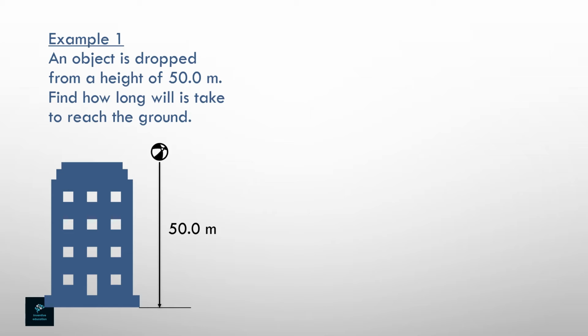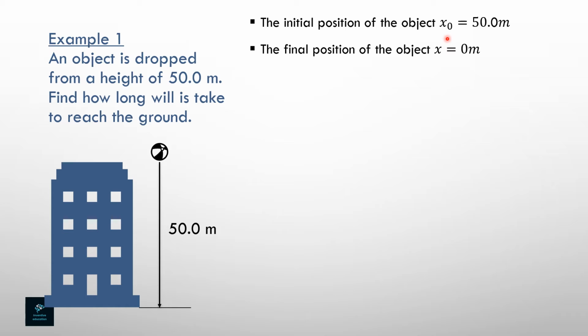Now let us take a few examples. In this example, an object is dropped from a height of 50 meters. We are required to find how long it will take to reach the ground. We are given that the initial position of the object, x0, is equal to 50 meters. The final position of the object, x, is equal to 0 meters, that is the ground